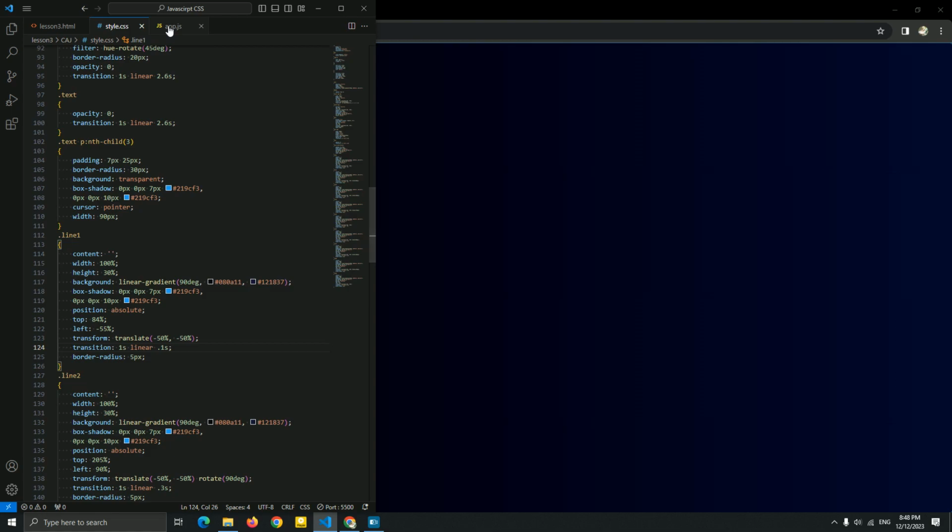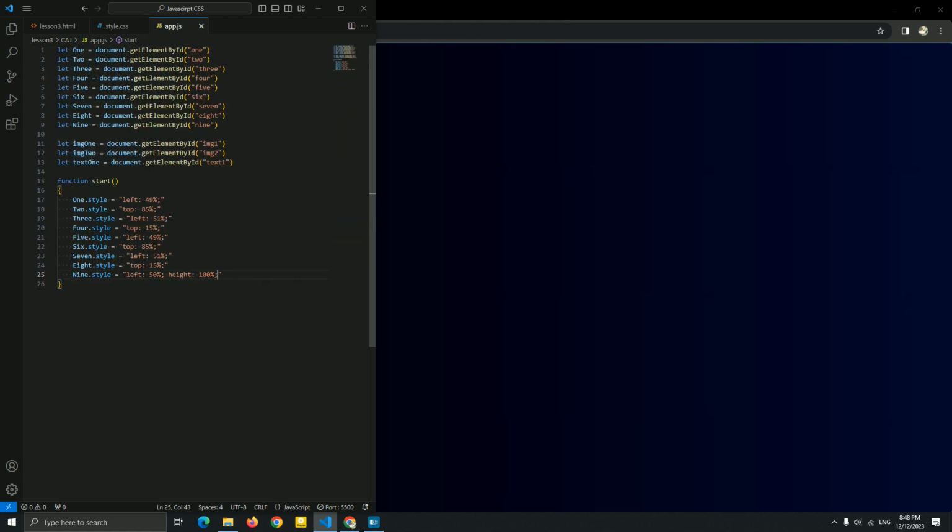Now let me add one last thing, which is to have the text opacity 0 and the image opacity 0. So I'm gonna add it here. I name it image 2 and text 1. I'm gonna add it here, guys, very fast. Image 2 and text 1.